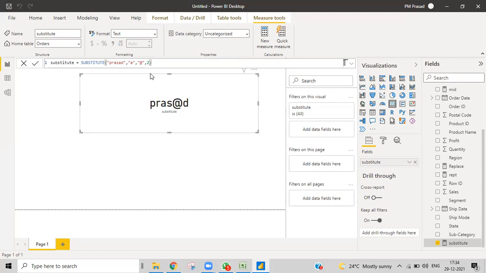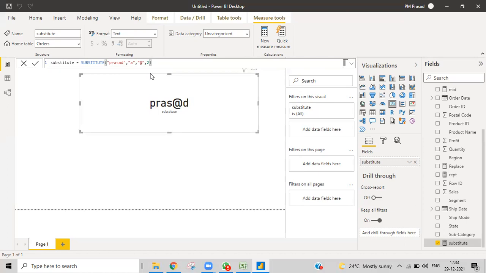Like we discussed earlier in replace, the same thing, but we achieved it over here very easily. You don't want to do a lot of math, but practice that in replace also, how to replace for the second occurrence. It's not a big difficult thing, but if you practice that, you'll have a good command of these text functions. This is substitute.